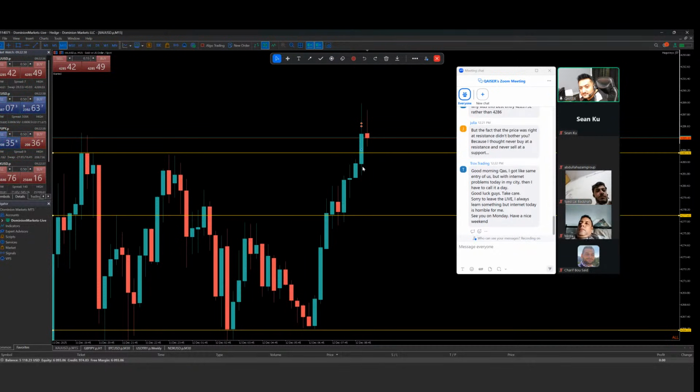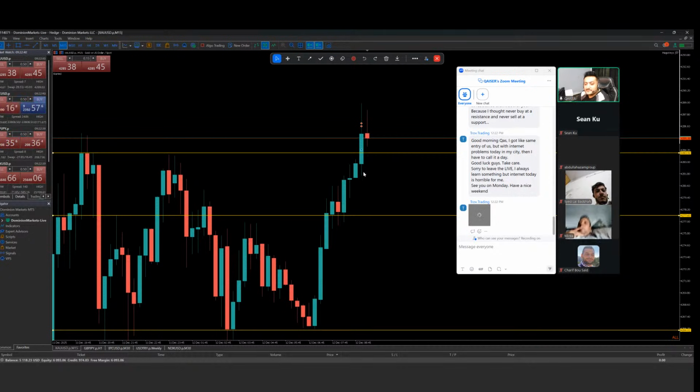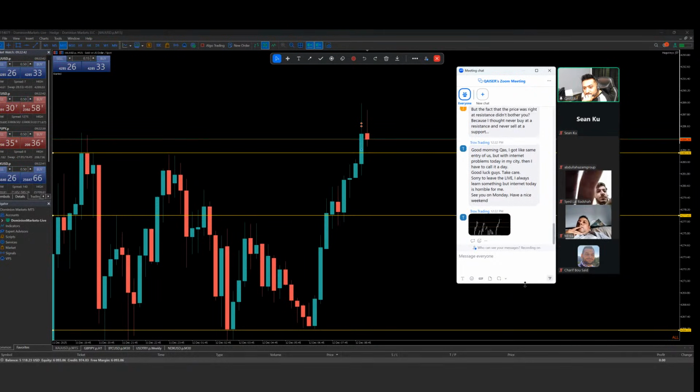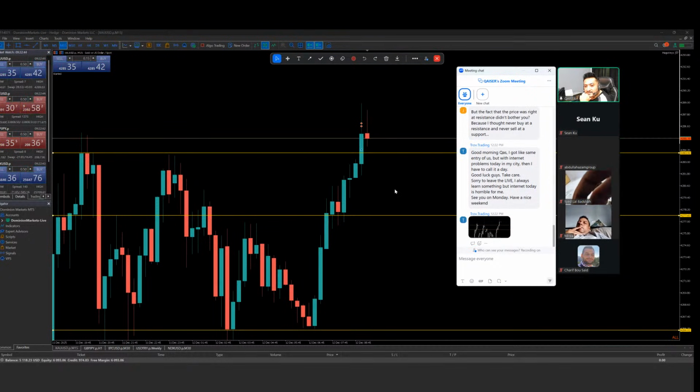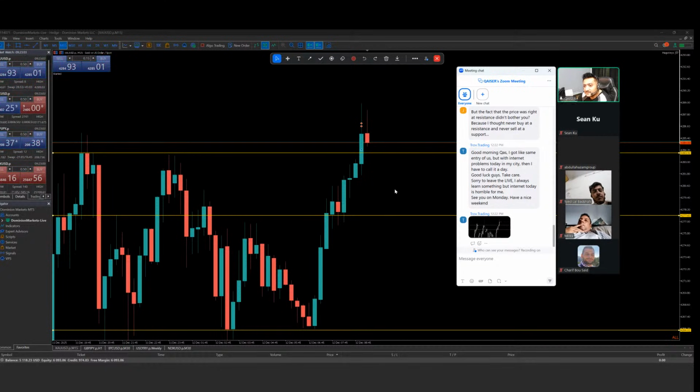That makes sense. But the fact that the price was right at resistance didn't bother you? No, I just read the candle, read the volume, execution with my structure, with a proper execution, sitting with the volume time of pre-London, expecting volume there as well. We are having a clean traffic on the left-hand side, a tradable range. So I just need volume. How can I read the volume? Structure was right standing on the point.